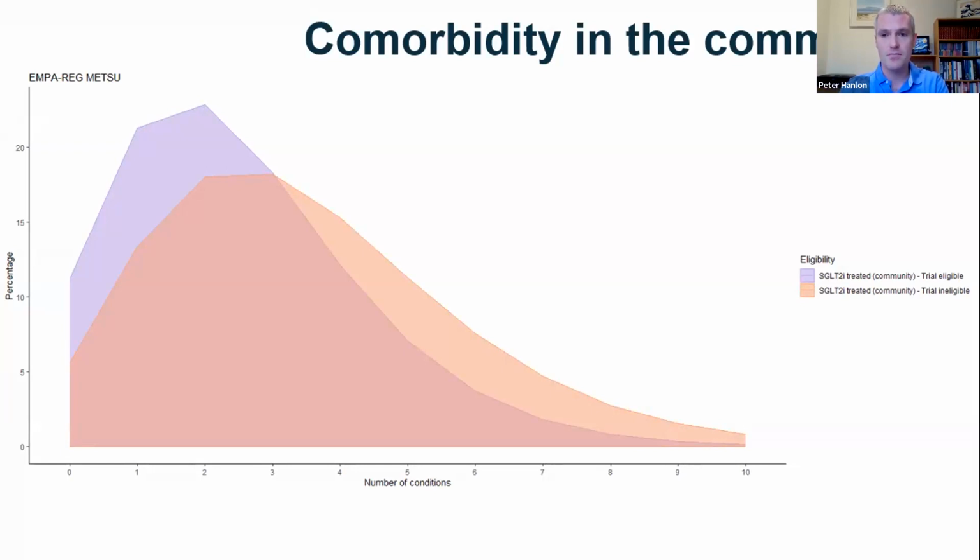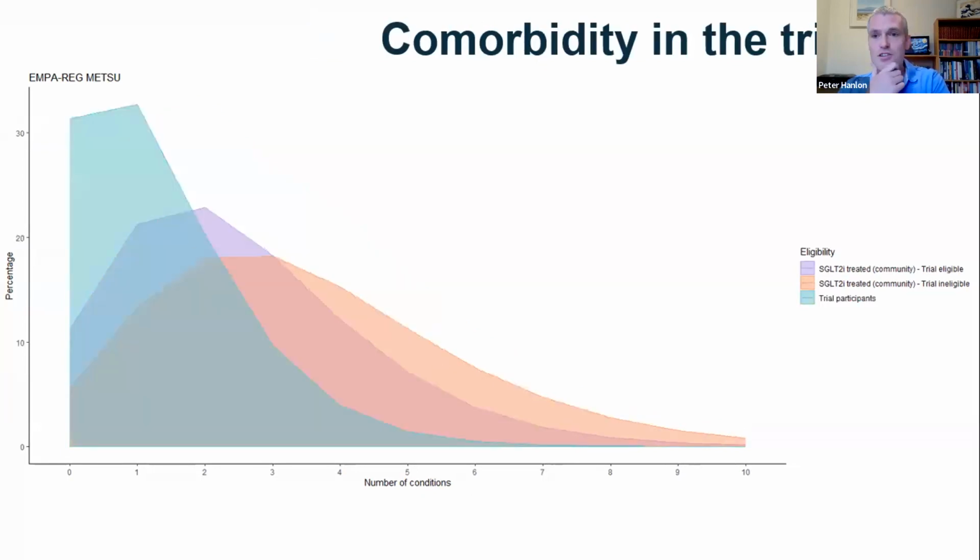So as you might expect, the inclusion criteria for the trial excluded a lot of people, particularly those with a higher degree of comorbidity. Next, we looked at people who were actually randomized to treatment within the trial, and that was their distribution. There was a far greater proportion of people with no long-term conditions. There was a fair chunk of people with one other condition, but higher degrees of comorbidity in this early phase 3 trial were relatively rare.